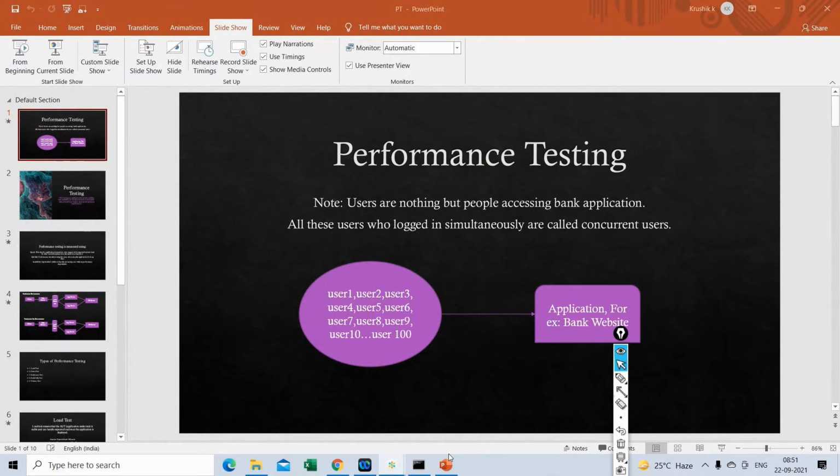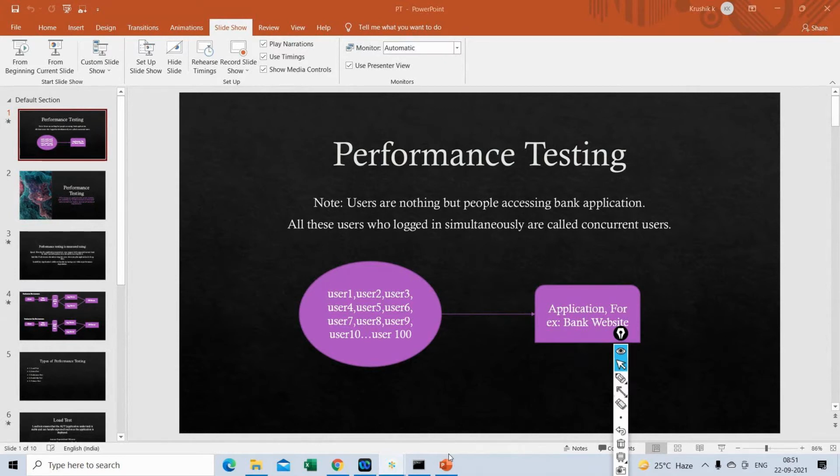Mahesh, LoadRunner is actually a paid tool. In the sense that, for example, if you want to practice on your laptop, it's okay. You can practice scripting, and you can execute scripts to some extent.